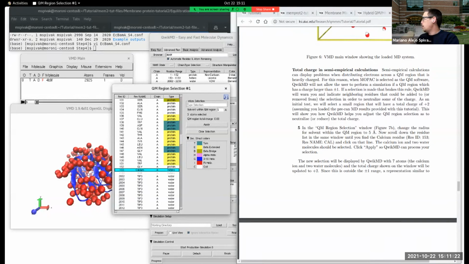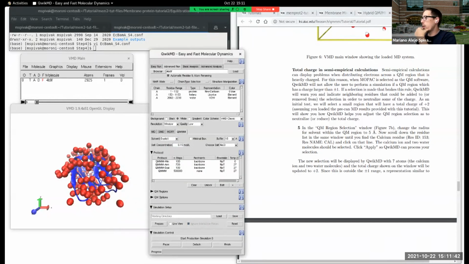If you click on the calcium, now the calcium and the water molecules within 5 angstroms of the calcium are going to be present here. So if you click apply, then you have already defined